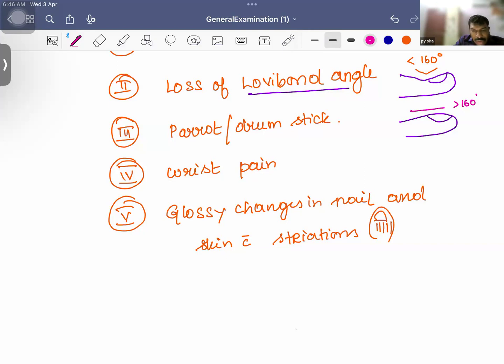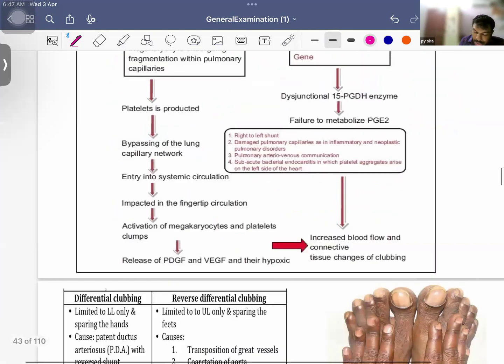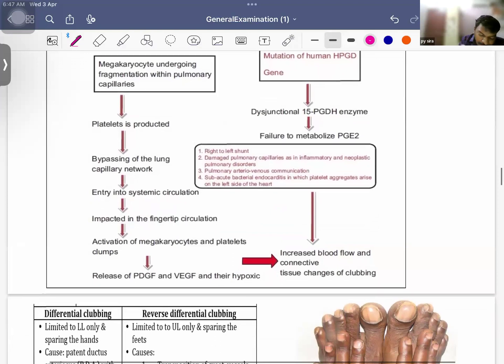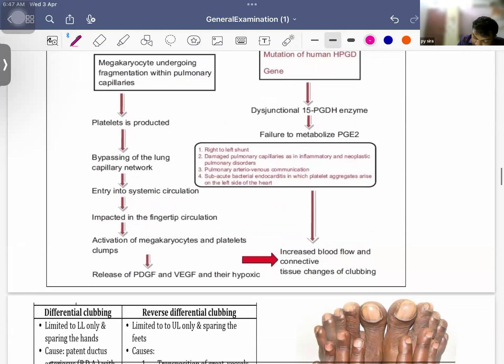So this is a very, very important thing. So this is about your clubbing. Causes of clubbing are very, very important. And they will ask what the theory behind clubbing is. It is because of an increase in platelet derived growth factor. The latest theory says that there is an increase in PDGF, and it also increases VEGF,